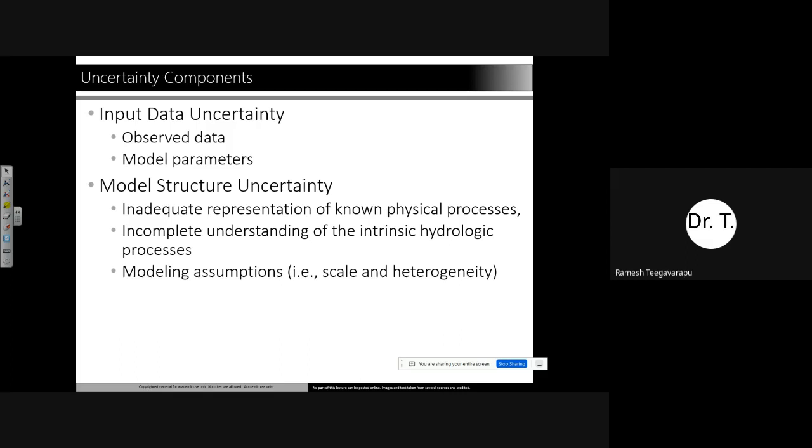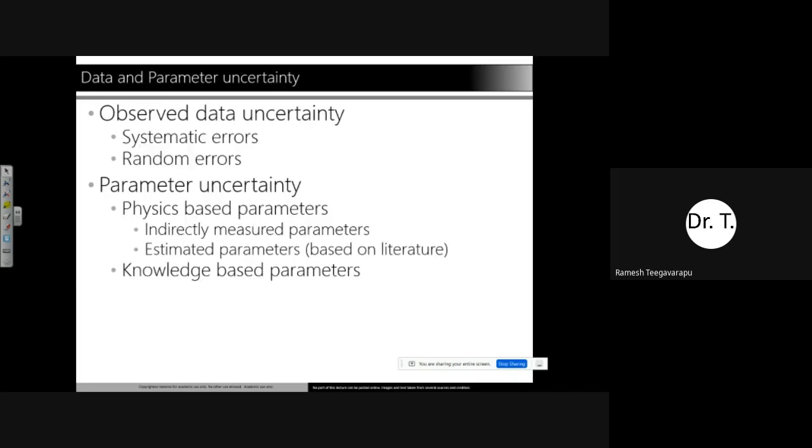There's a mismatch there, or sometimes heterogeneity. Maybe the soil medium is highly heterogeneous in one particular watershed, but we say we cannot model that completely, so we try to make it homogeneous in small pockets and then develop those models.